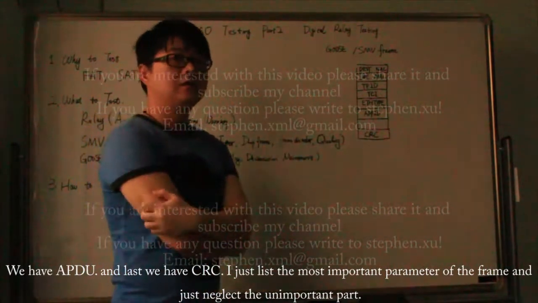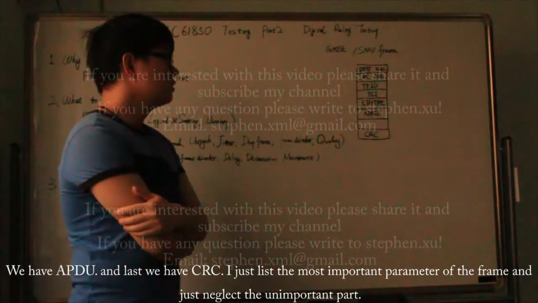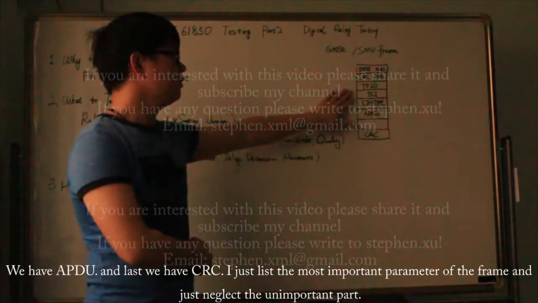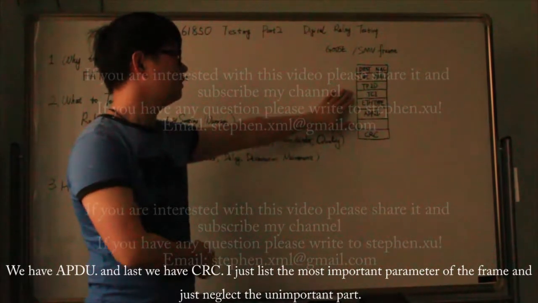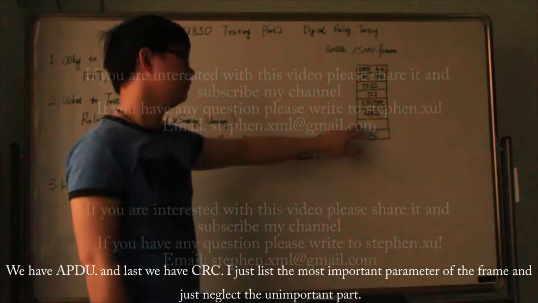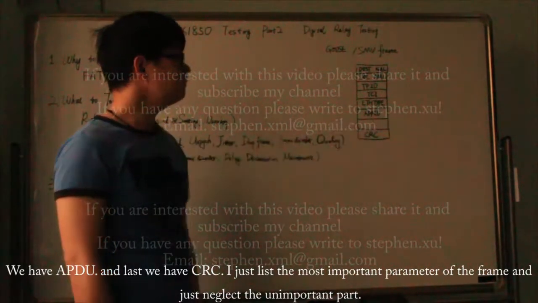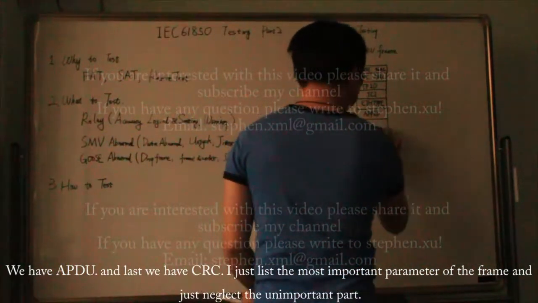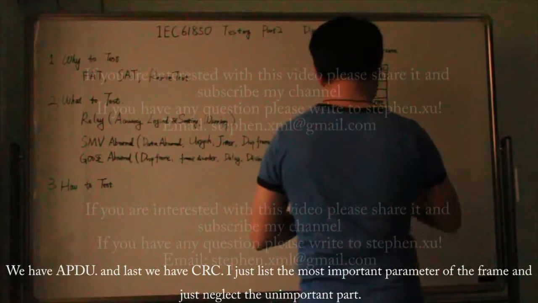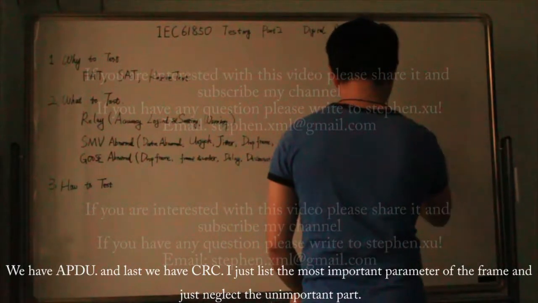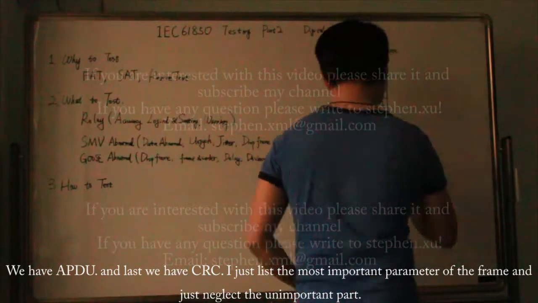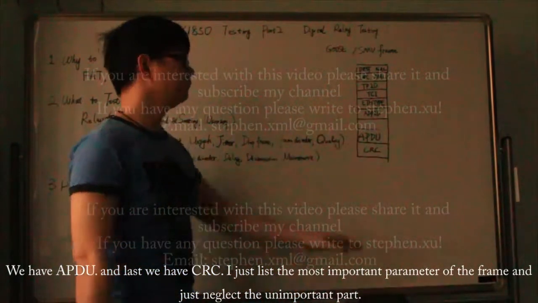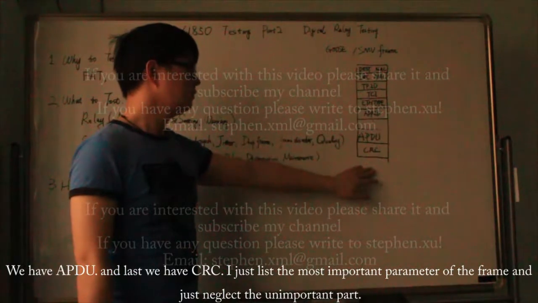Here in this frame, I just list the most important parameters, and I neglect some not important ones. Oh, I'm sorry. Here has the most important: here has the APDU and the CRC. Okay, that's right. This diagram